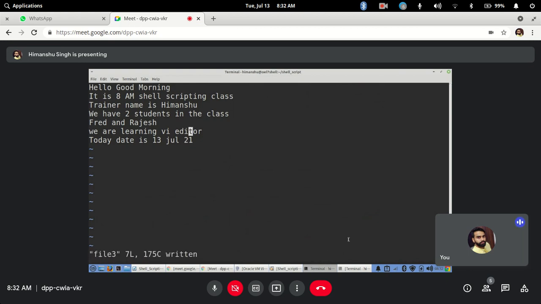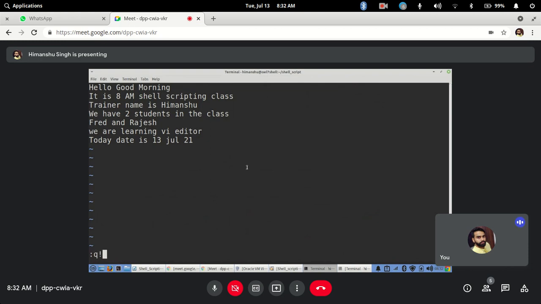Okay, so file 3 has saved it. Now what I will do, I will just quit. So it will say now it is quitting. What is it quitting? It is quitting the first file that I opened, that was the vi first file .txt, asking if you want to override. So I will say quit exclamation mark.